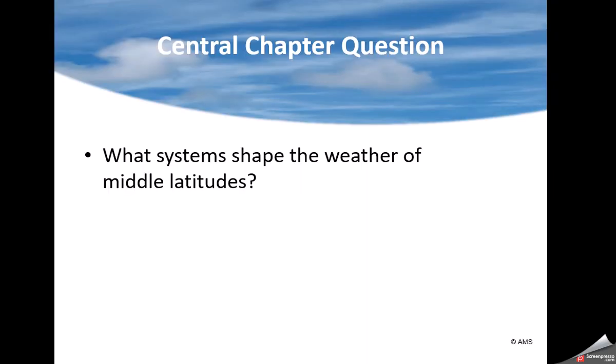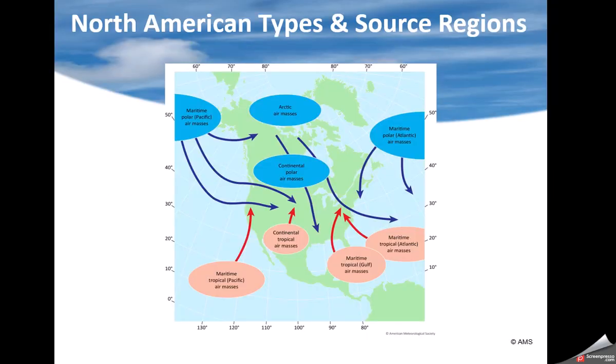So with that, the first thing you've got to know about is these large air masses. We've talked about them at different times. We've talked about how high pressure can cause them to develop, and how the contrast between one air mass and another creates a front. Well, there are source regions for air masses. An air mass develops because high pressure sits there for a while and allows the air to take on the characteristics of the underlying ground that it's on.